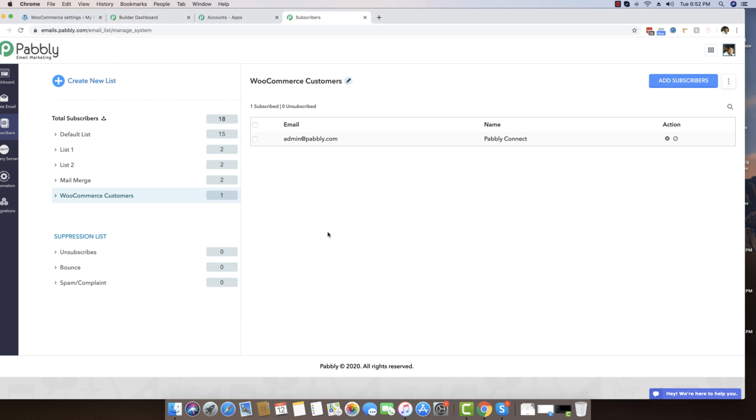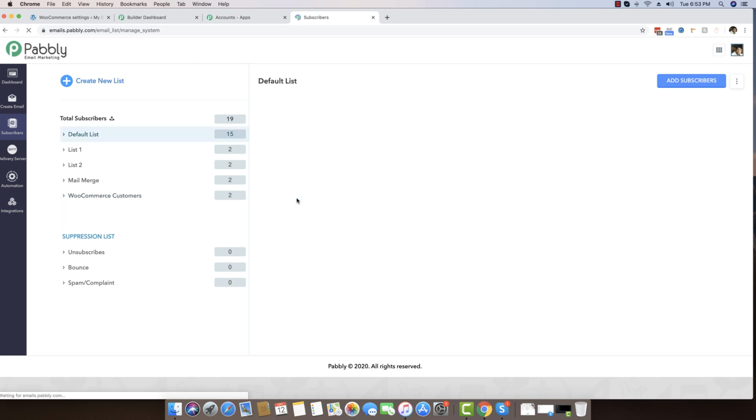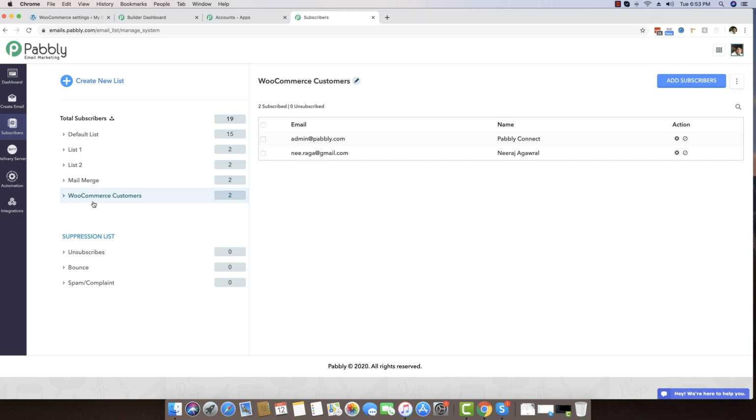We will wait for about 1-2 minutes because this entire workflow will be executed in about 1-2 minutes. Once we wait for that, we will click or reload this button, and you will see the lead data appearing right here in just a few minutes. I will be waiting for about 20-30 seconds. I'm now doing a page reload again to see if the data has arrived, and you can see that the WooCommerce customer has been added successfully. You can see the new email address and the name of this customer appearing right here.